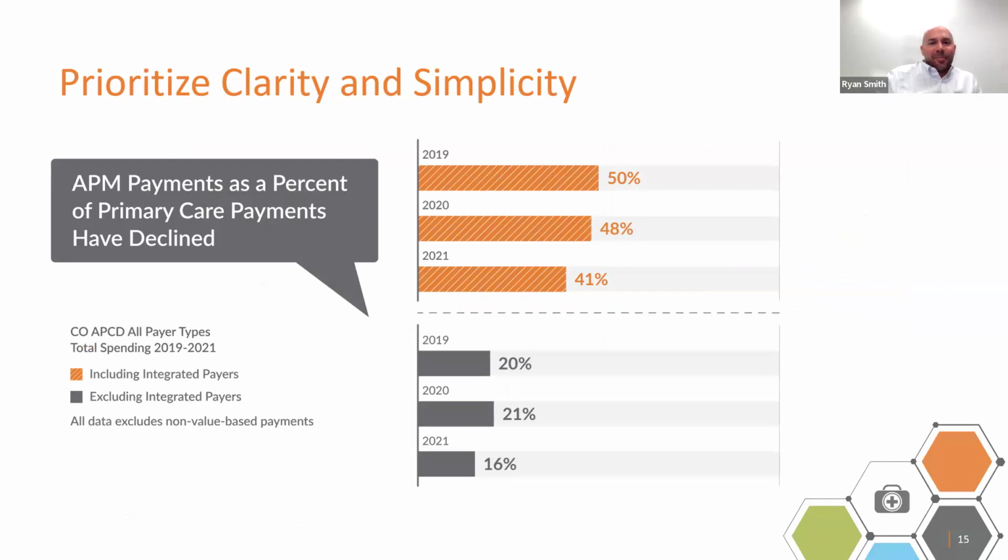So next we're going to talk about prioritizing clarity and simplicity. So really this is all about reducing the cognitive load for the user. And when I say cognitive load, I'm referring to the amount of information our working memory can process at any given time. So with that said, you always want to be thoughtful of how all the elements in your visualization affect the user's experience. And you always want to ask yourself whether they aid in communicating your message or distract